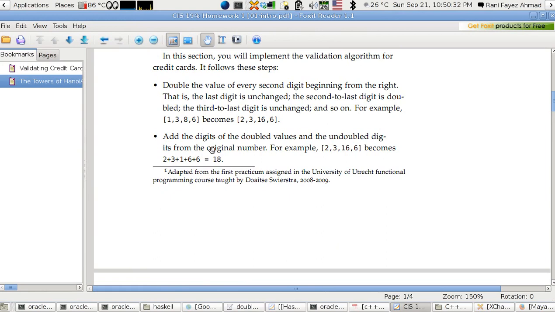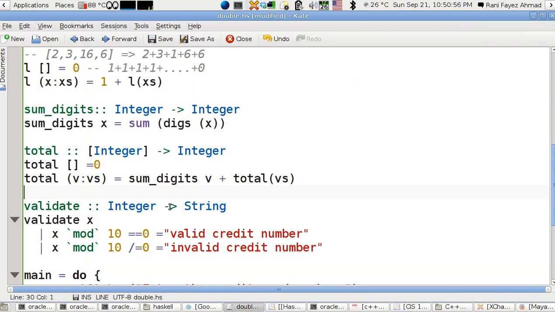This is the list of integers that I have, and it will go over this list of integers, and every time it will go to the sum of the digits. So this way